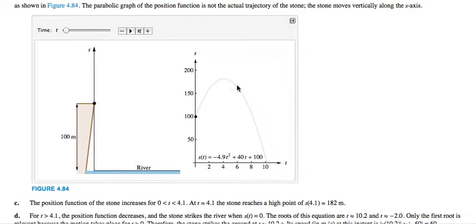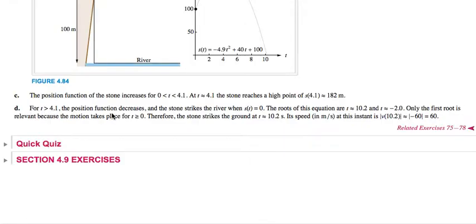Now, one thing to remember is that this position function is shown with respect to time. This is not trajectory, this is position. So again, the position function of the stone increases from 0 to 4.1 and decreases from about 4.1 until it hits the river surface. For t greater than 4.1, the position function decreases and the stone strikes the river when the position function reaches 0. Since we only care about roots of this equation that are positive, we find that around 10.2 seconds the